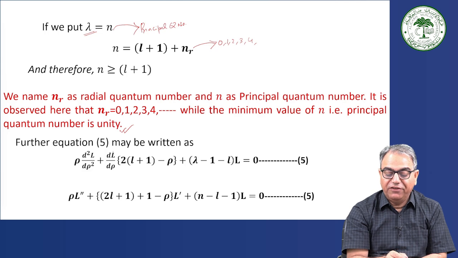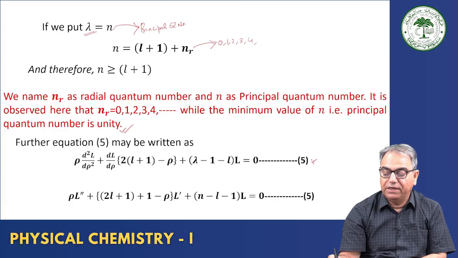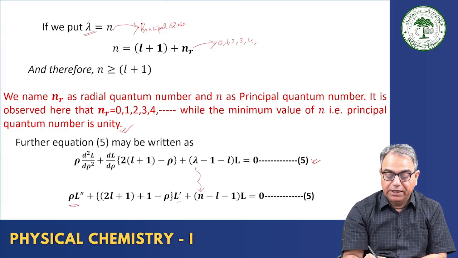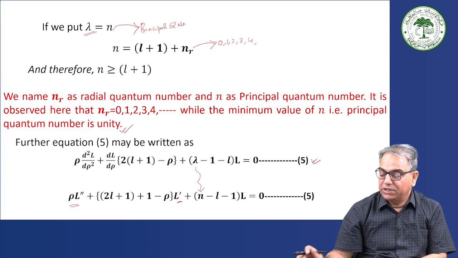Now, further, equation 5 may be written as rho d square L by d rho square plus (2L plus 1 minus rho) dL by d rho plus (lambda minus 1 minus L) into capital L equals 0. I have just simply replaced, this was equation number 5 earlier, and now replaced lambda with the principal quantum number N. That is all. Okay. And I have written a double prime for the double derivative and a single prime for the first derivative dL divided by d rho. So, this equation number 5